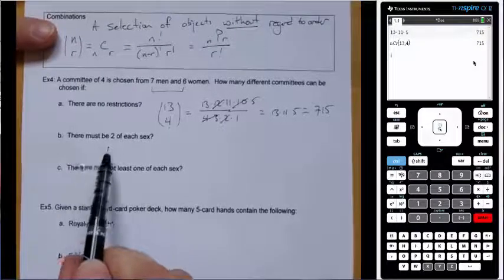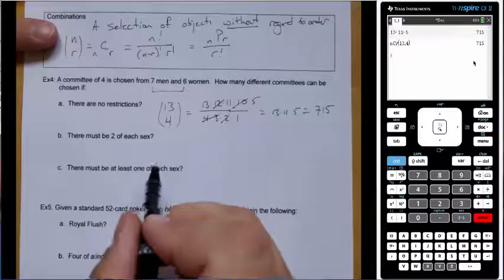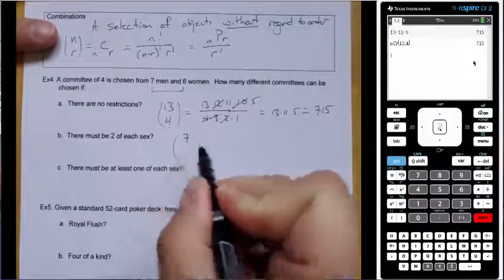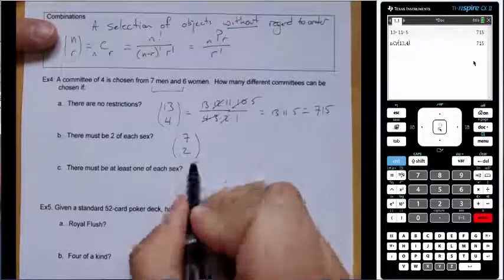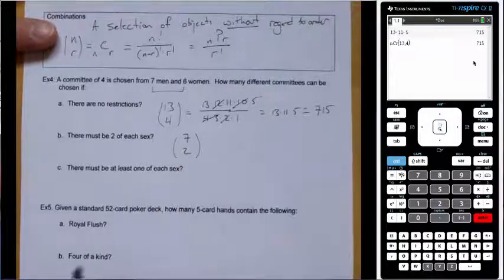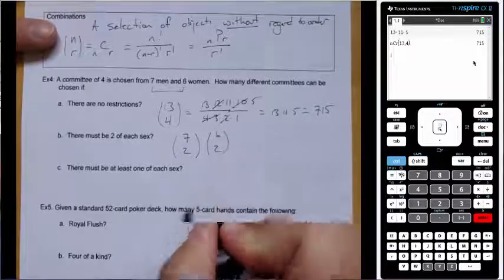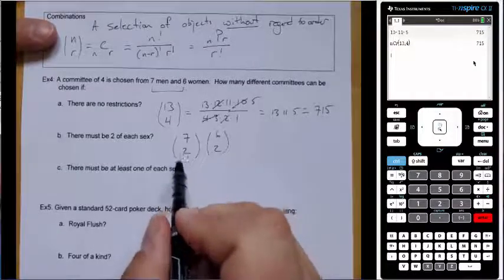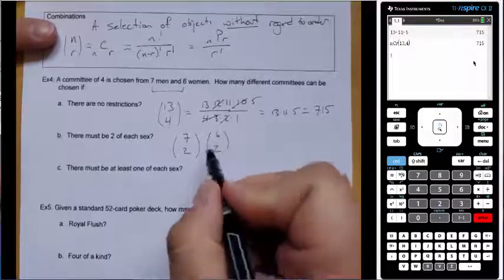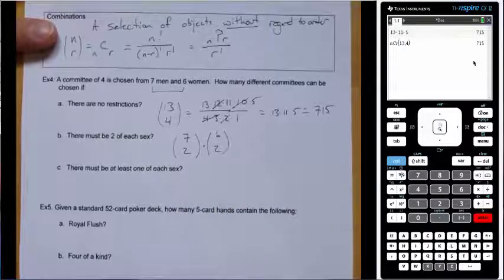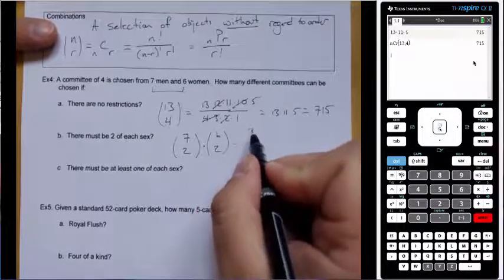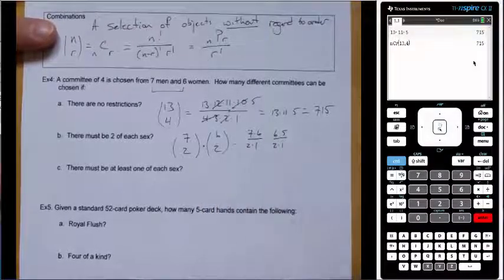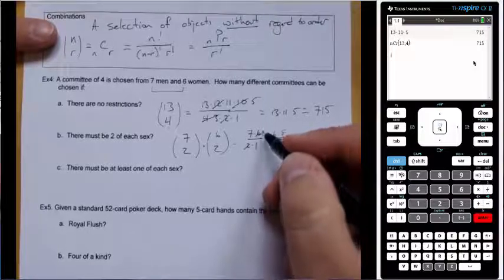What if there must be 2 men and 2 women? The number of ways to do that: since there are 7 men to choose from, we want to put 2 of them into a group, so 7 choose 2. And there are 6 women, and we want to put 2 of them into a group. If we take all the different combinations of 2 men and multiply that with all the different combinations of 2 women, we'll get the total number of committees here. And again, if you need to work that out, that'd be 7 times 6 over 2 times 1, and then 6 times 5 over 2 times 1, which would be 21